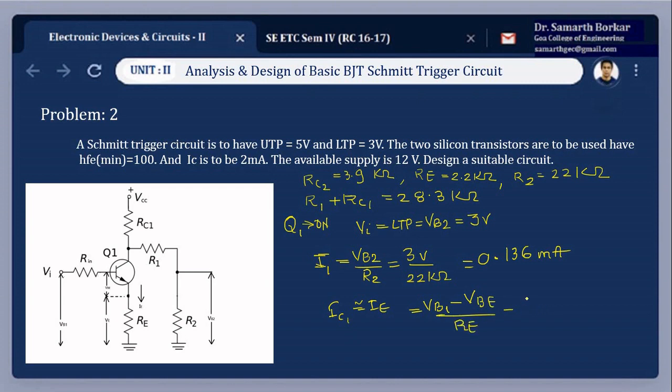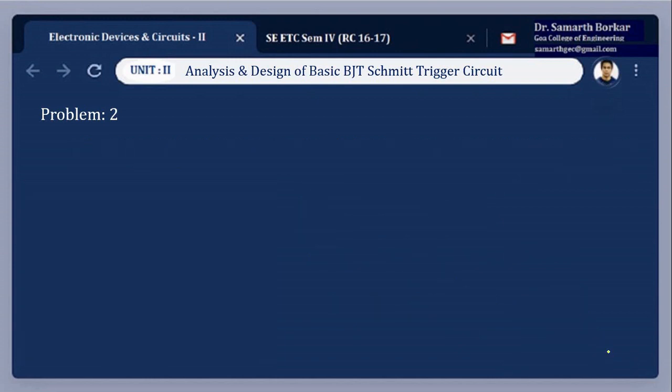So I substitute the values here: 3 minus 0.7 divided by 2.2 kilo ohms. So the current IE is 1.045 milliamperes. You can cross check the answers. So we'll continue. Now rewriting the equation, looking at the figure,